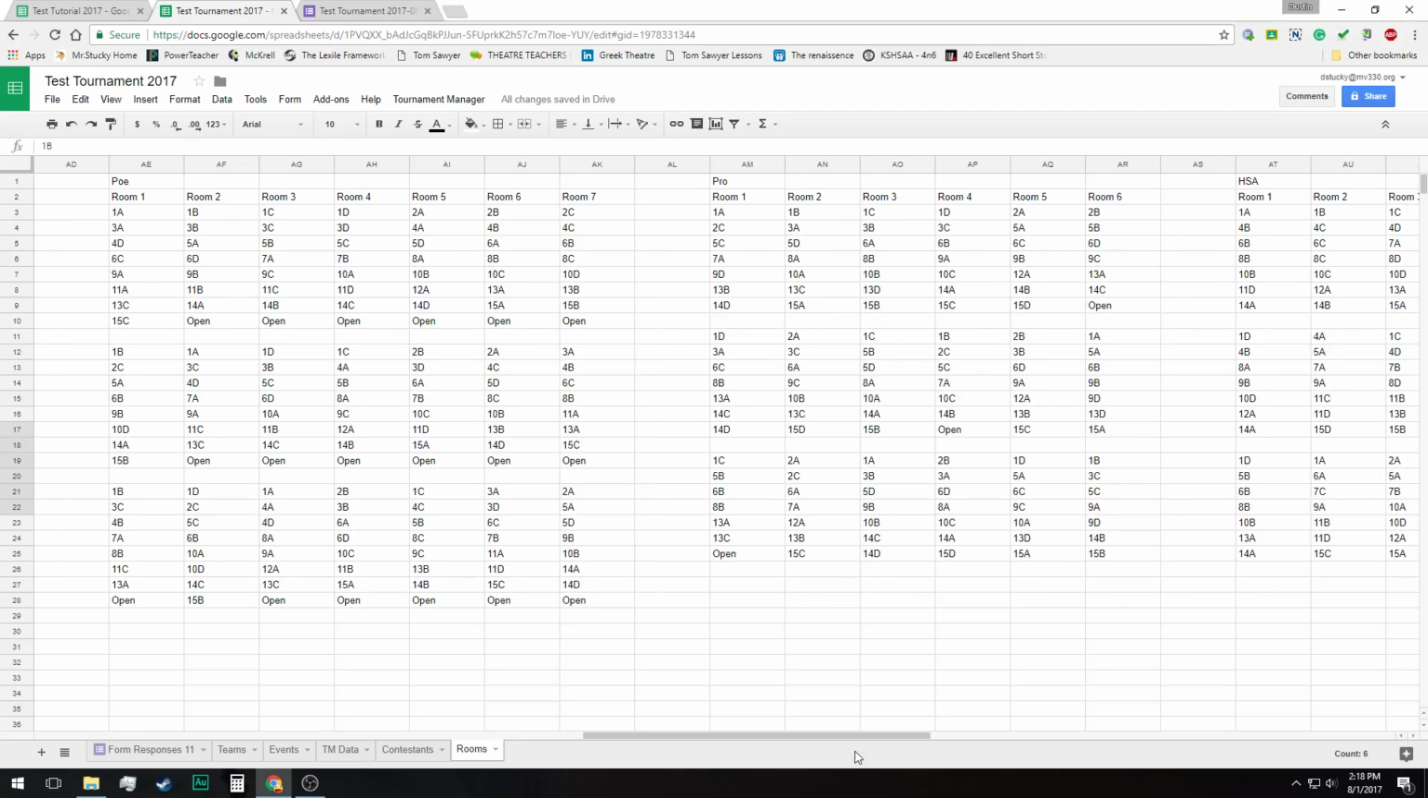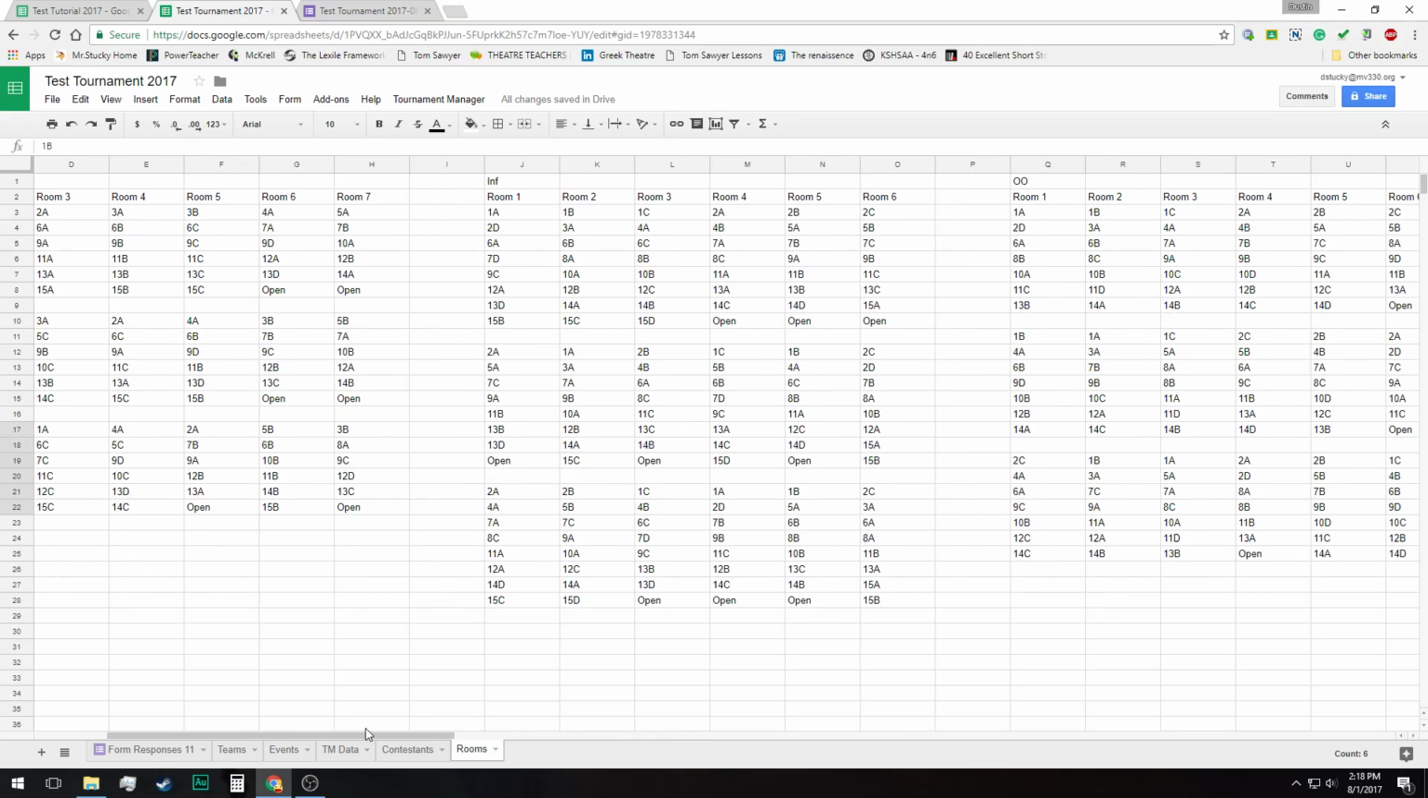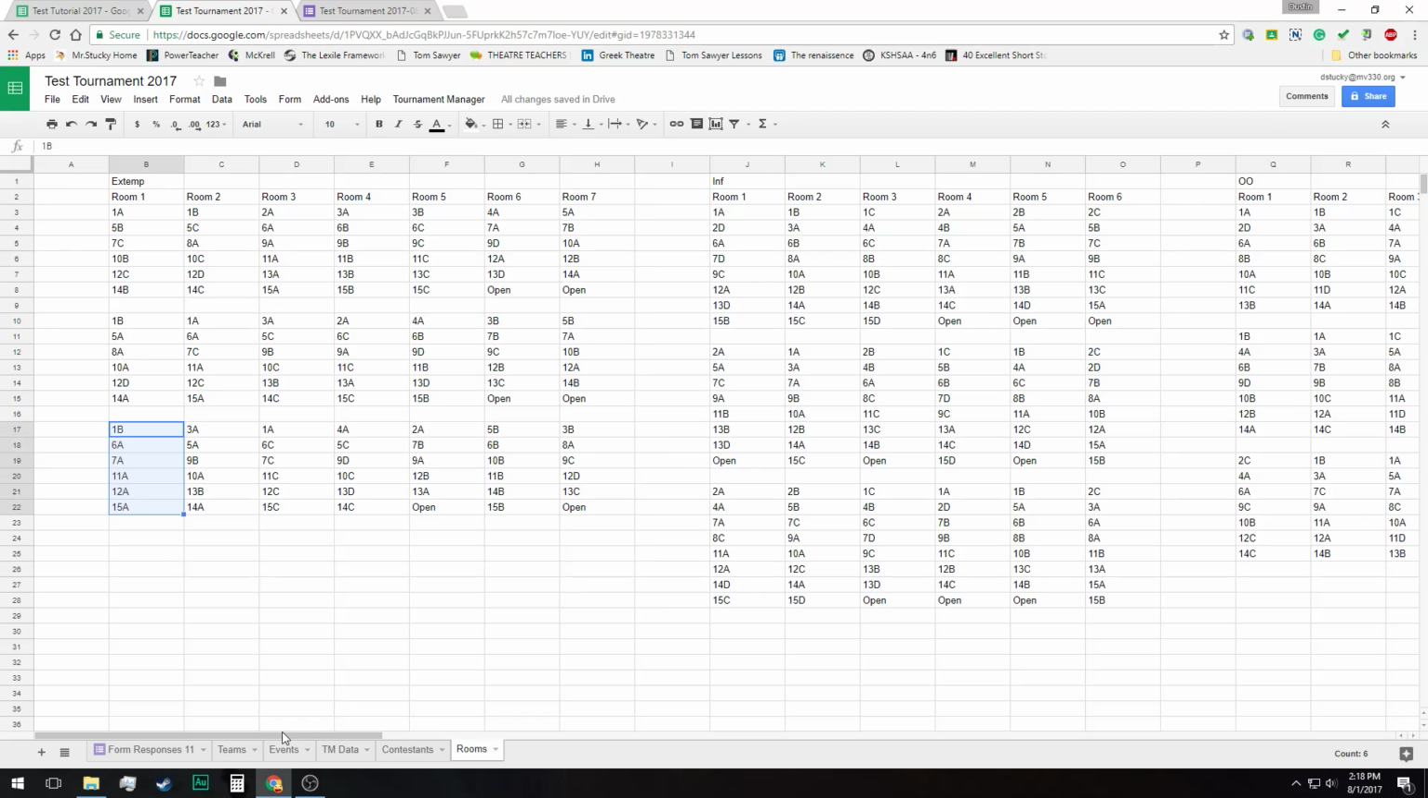So this is the information that you'd like to post. First of all, you'd like to give this information to coaches when they first come in so they know where their students are, and so that the contestants can plan their day accordingly. Also, you'd probably like to post this outside of the rooms where these events are taking place. So the next thing that Tournament Manager does is it makes documents that you can use to print out and use as handouts for those coaches or for those